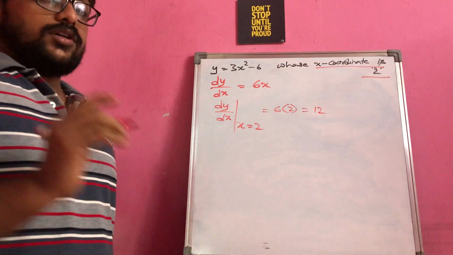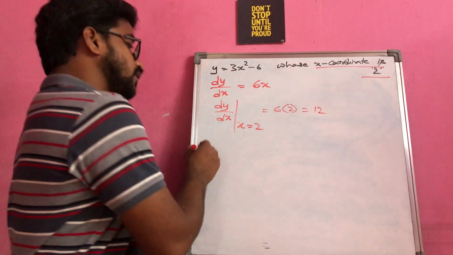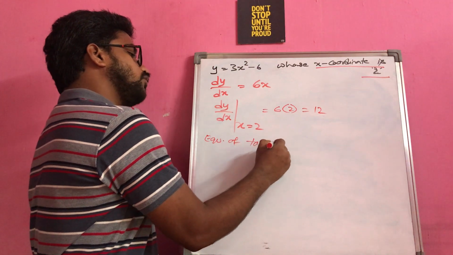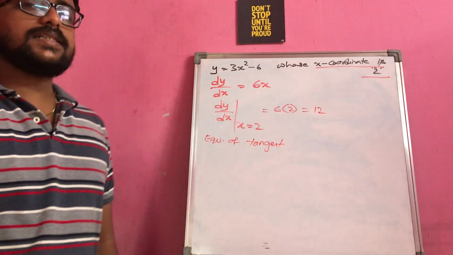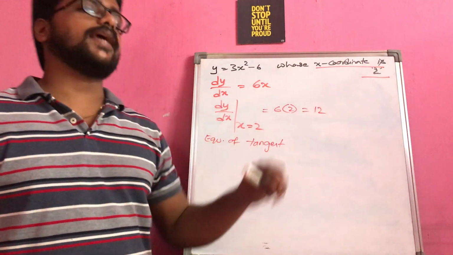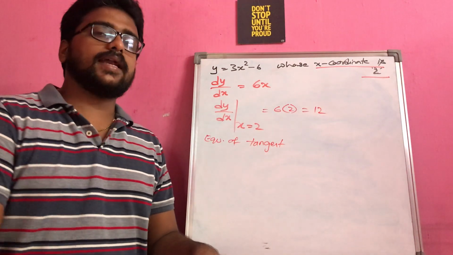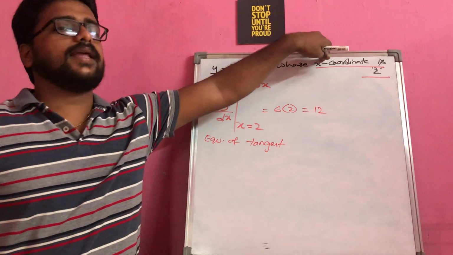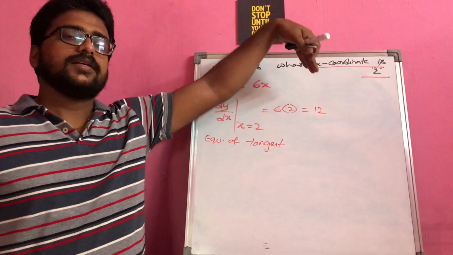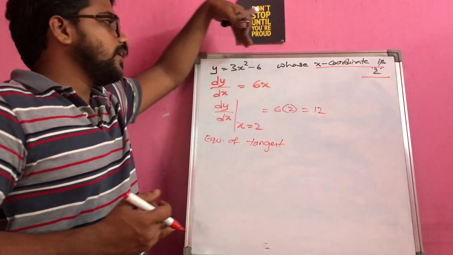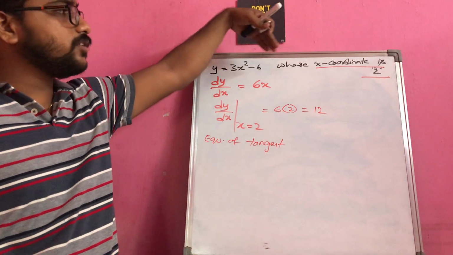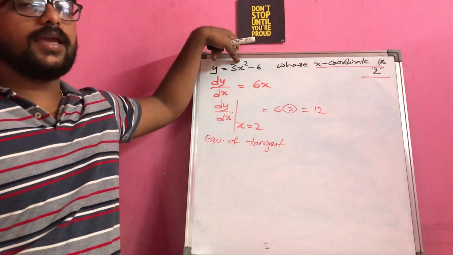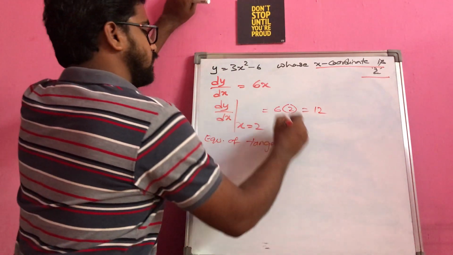Now the question comes here: for example, if I ask you to find the equation of a tangent, the doubt we will get is, they didn't mention the point here, they mentioned only the x coordinate. How will we get the y coordinate? Simple thing, the x coordinate whatever you had taken here is on the curve only. So when this is the curve representation, if you substitute x with 2 here, you will get the corresponding value of y, that is nothing but 12 minus 6 is 6.